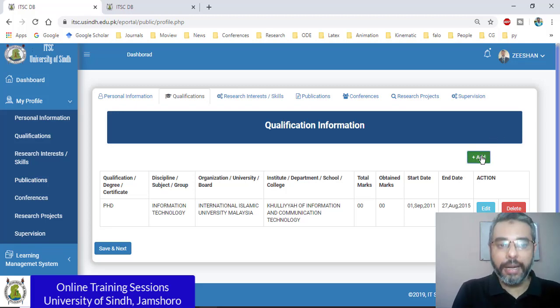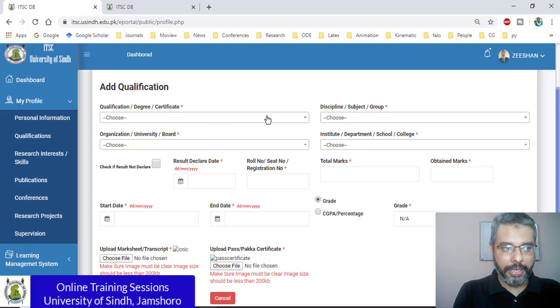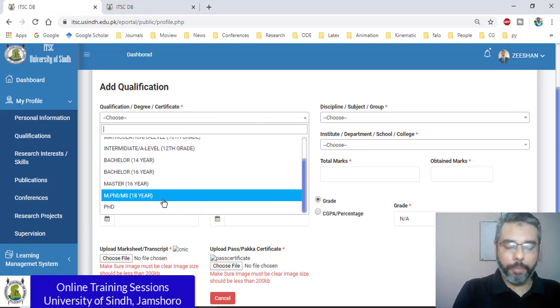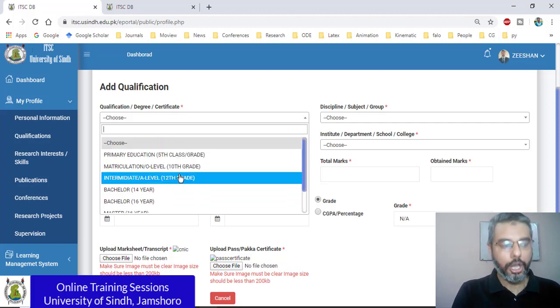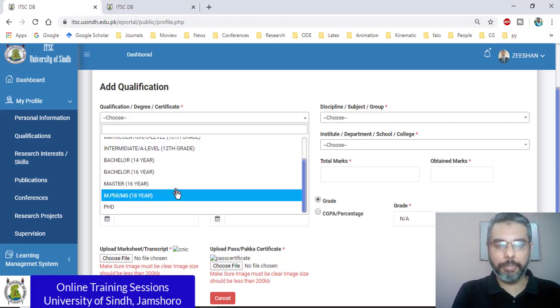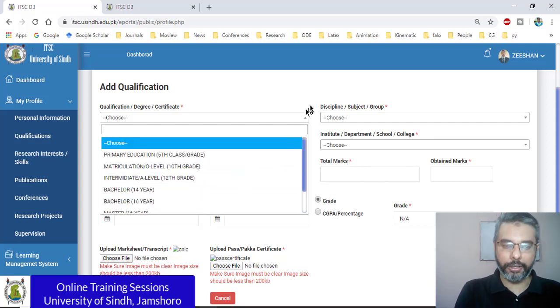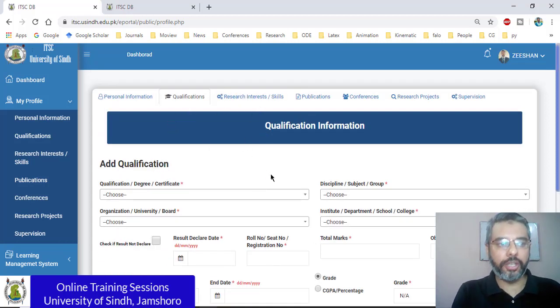Similarly, we click on add one more time and we enter the data for our other degrees, which can be, for example, bachelor's. If I come back here, from your master's to your MPhil, bachelor's, or any other previous information. All faculty required is to, in a similar manner, kindly go through this and enter all your academic record data into this portal. Then we will be moving to the next section, which is research interest and qualification. For that, I will be talking in different sections.